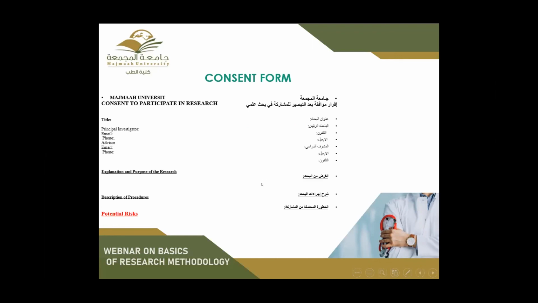And also you have to write about the potential risk. This is very important. Are the subjects subjected to a risk or not? And you should be very transparent. If these subjects might be subject to risk, you have to mention this, and also mention how you are going to deal with this risk, for example falls, trauma, infection, whatever. If there is a potential risk, you have to mention it, and you also have to write how you are going to deal with it,